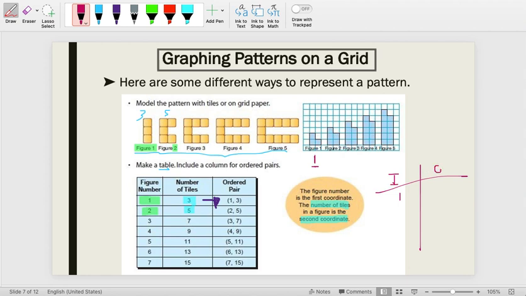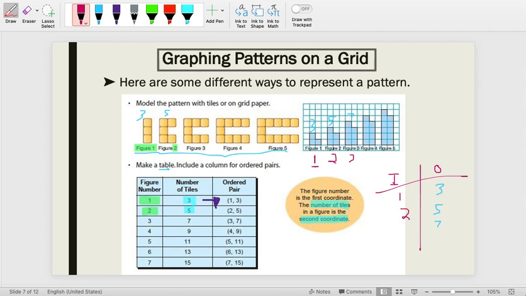This would be our output or our y. This is figure 1, 2, 3. And then we just need to count for our output the tiles. We have 3 here, we have 5 here, and we have 1, 2, 3, 4, 5, 6, 7 here. So we'd go 1 and 3, 5, 7,